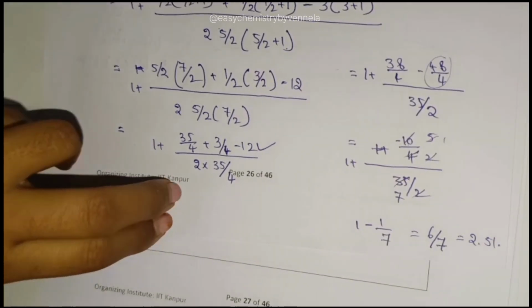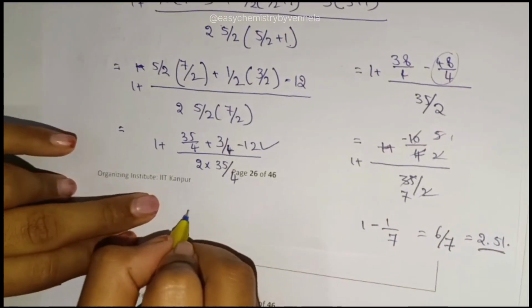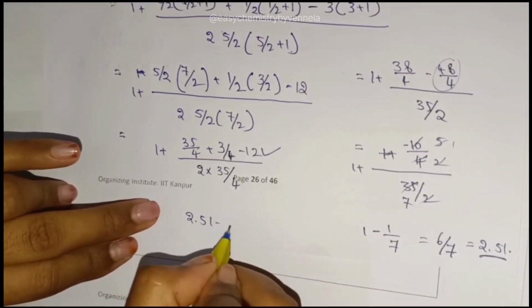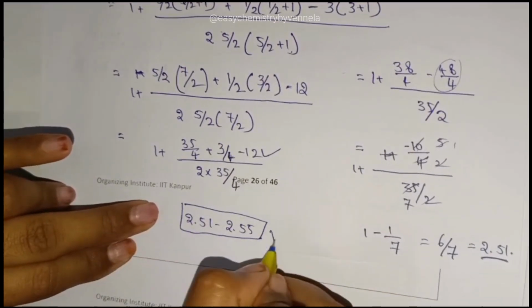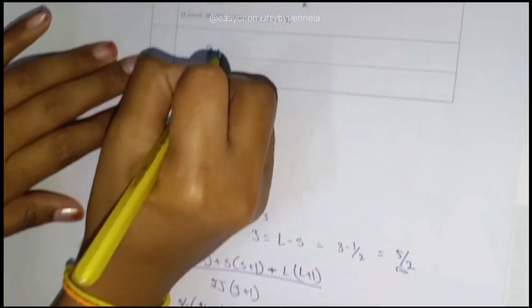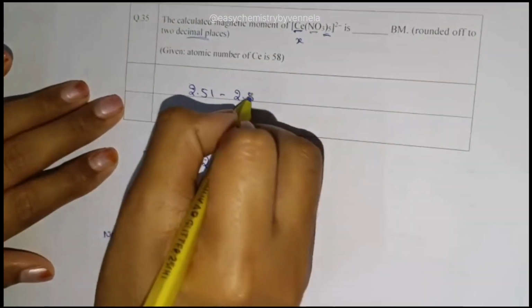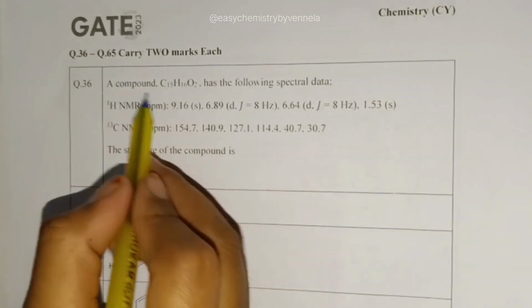2.51. This is the answer. The answer is between 2.51 to 2.55. This is the final answer, between these two. So our next question is, a compound